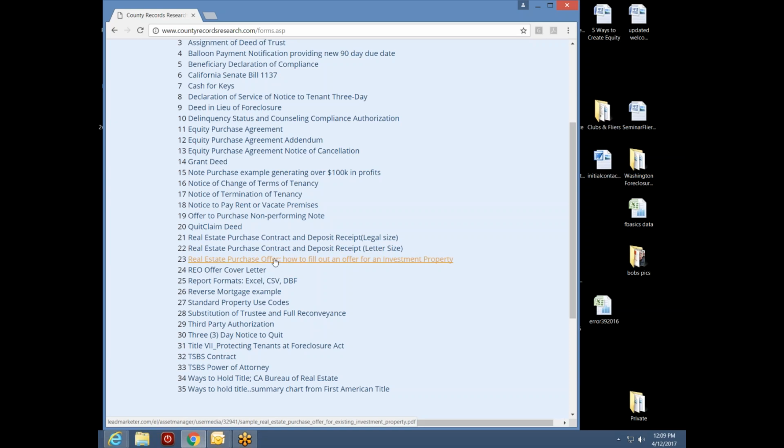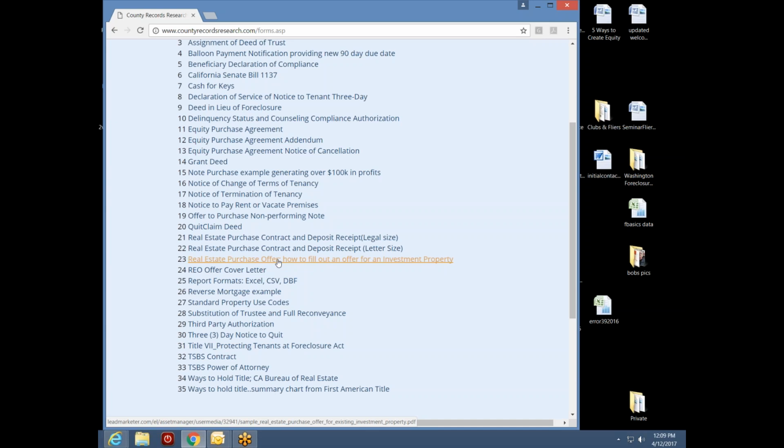Now, item 23 is that same form in PDF format where we've actually combined it with a record from the system, and Kurt's filled out the form to write up an offer. So item number 23 is a sample of an offer form completed with a profile of a property, so you know why Kurt filled it out the way he did. Item 22 is your blank offer form. Use this form to write offers. First of all, print it out and then make some copies so you can practice. Look at item 23 to practice and get an idea of why he filled it out the way he did.